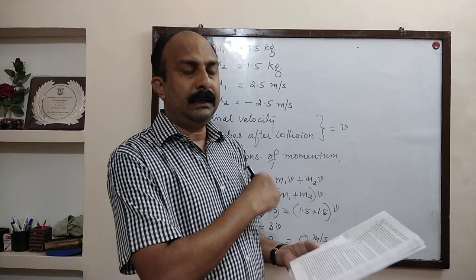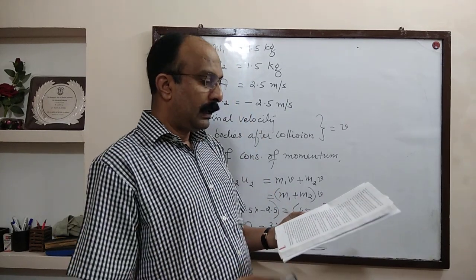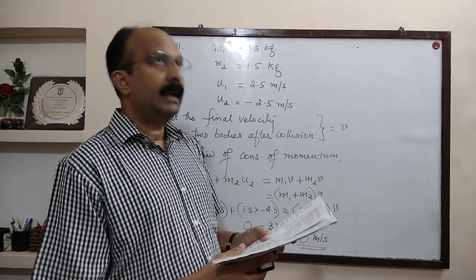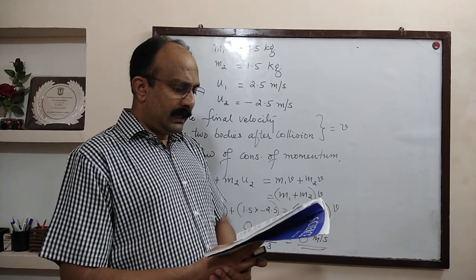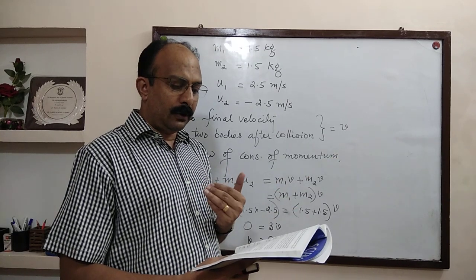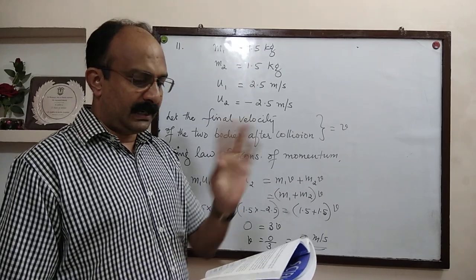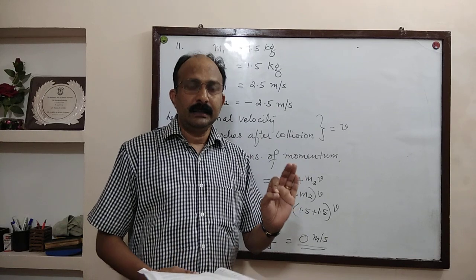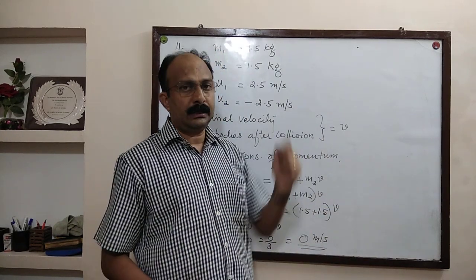Now question number 30. A hockey ball of mass 200 gram traveling at 10 meter per second is struck by a hockey stick so as to return it along its original path with a velocity of 5 meter per second. A hockey ball of mass 200 gram was traveling with 10 meter per second speed. Then a hockey stick